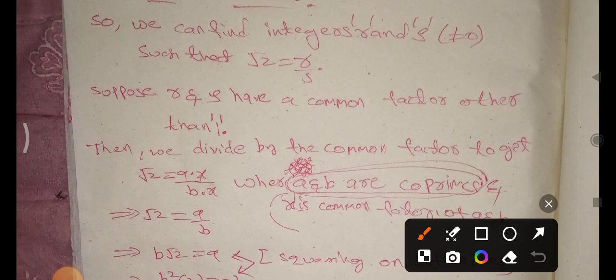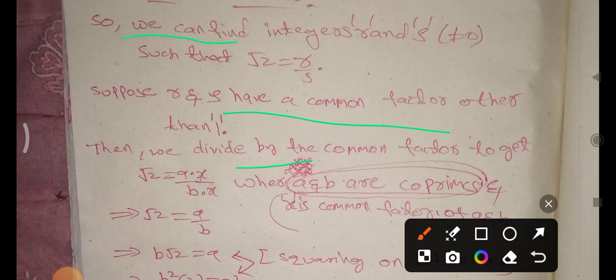So we can find integers r and s, not equal to 0, such that root 2 is equal to r by s. Suppose r and s have a common factor other than 1,